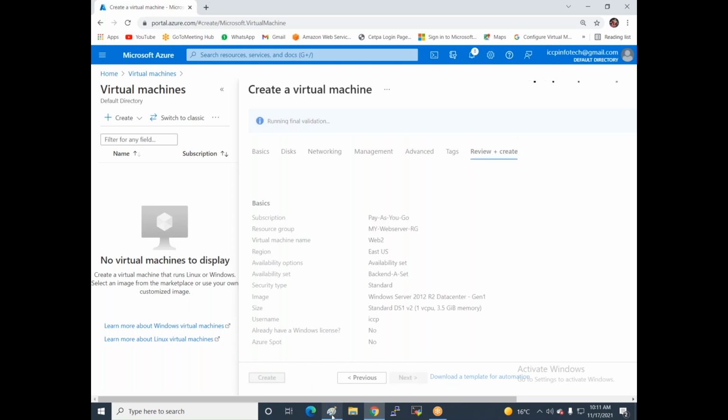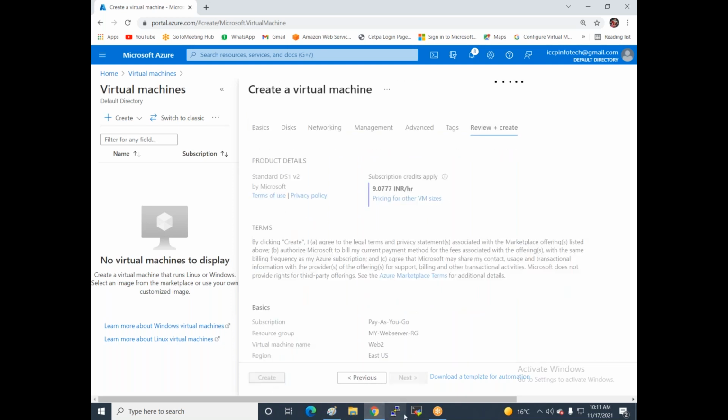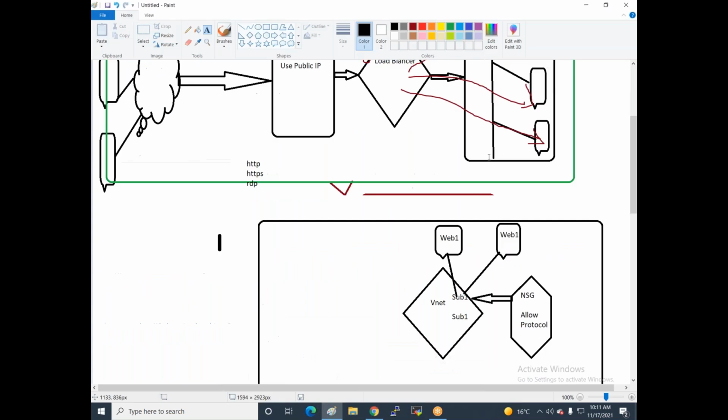So now as per the diagram, I've deployed two web servers, and these web servers are connected with VNet 1, subnet 1. Got it, this scenario? So now I've done all these points. First, I created a resource group.